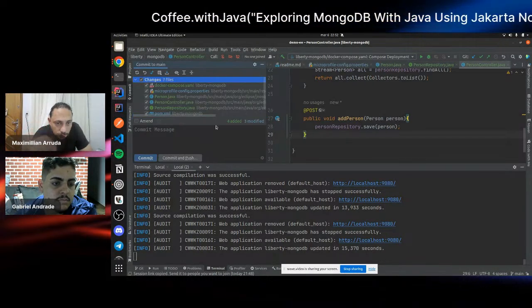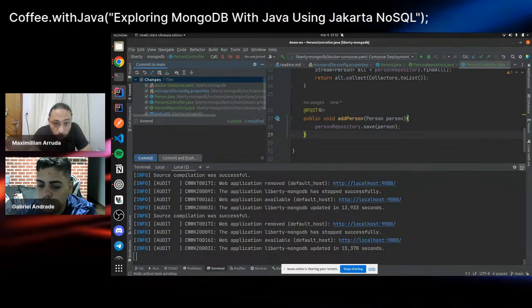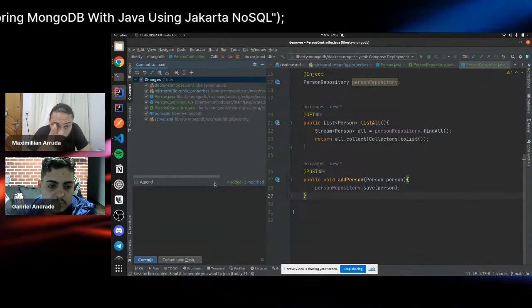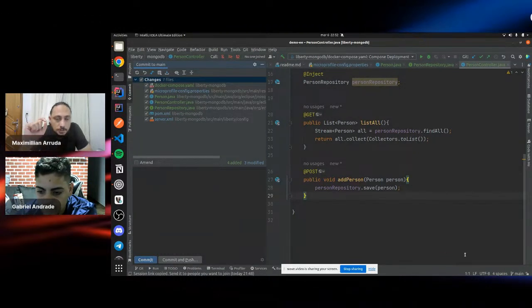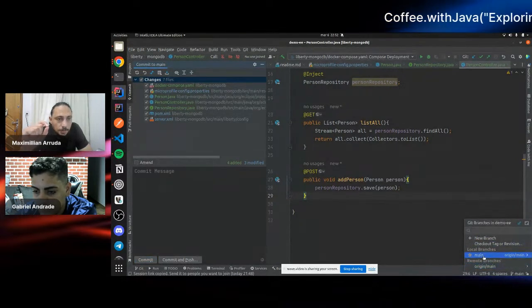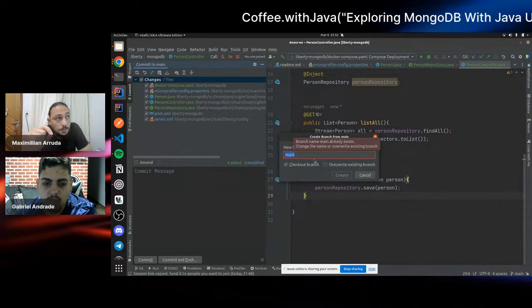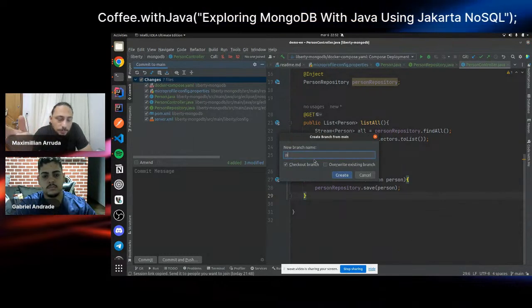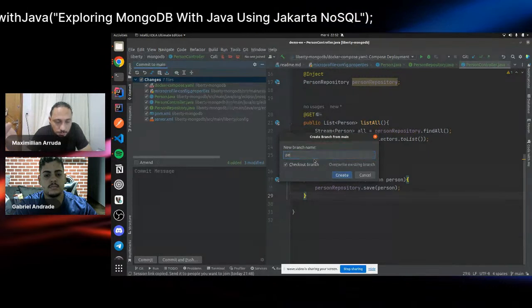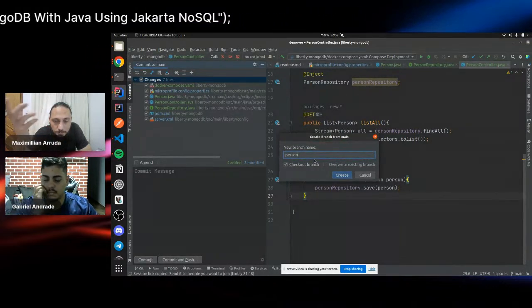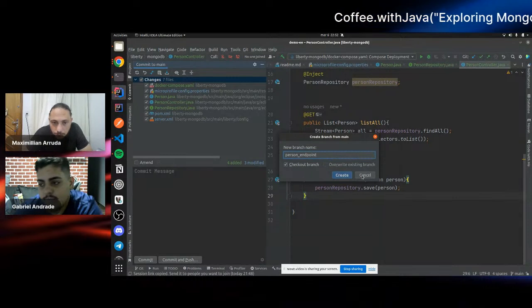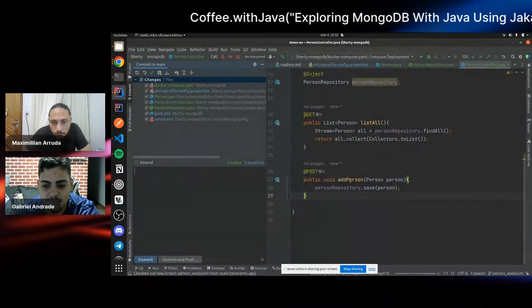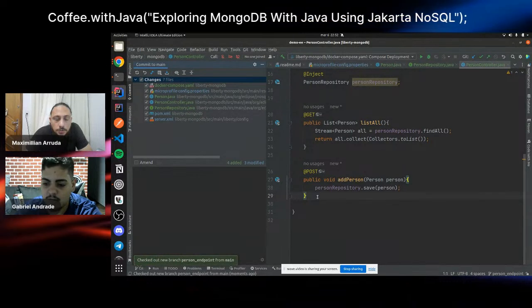Actually, on a fork that you did, am I right? You are working on a fork. Okay, but before committing, let's create another branch, because it's a good opportunity to do this. Otherwise you will need to rebase your repository if you want to work on something else. Understand? So let's create another branch. Personal endpoint. Okay, good. Perfect. Created another branch.